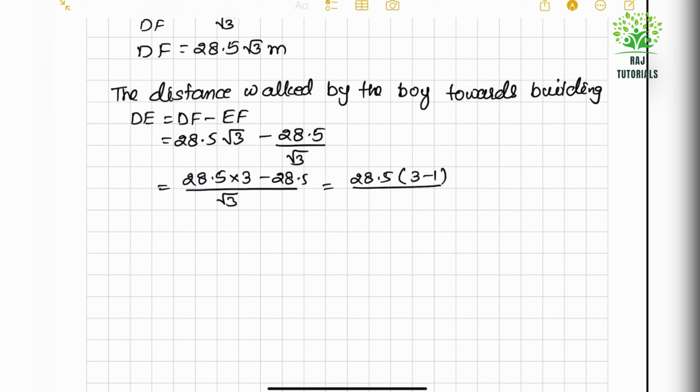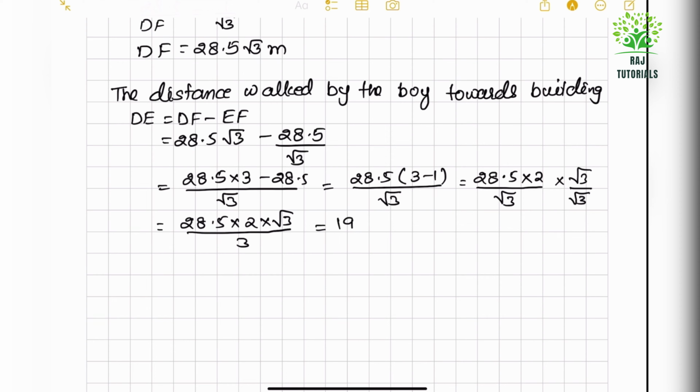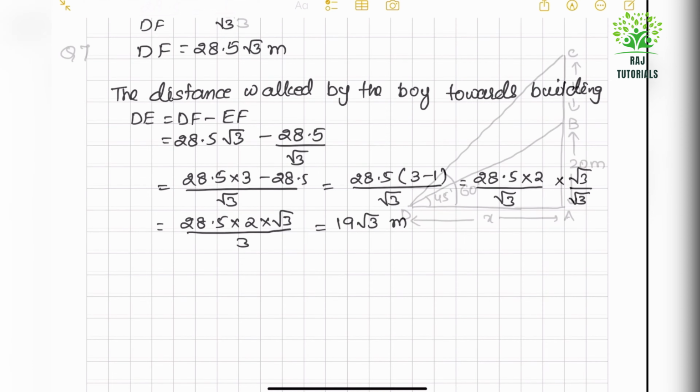So if we have root 3 as common denominator, this will be 28.5 into 3 minus 28.5. That is 28.5 into 3 minus 1 upon root 3. So that will be 28.5 into 2 upon root 3. So if I rationalize the denominator also together, multiplying both numerator and denominator by root 3,